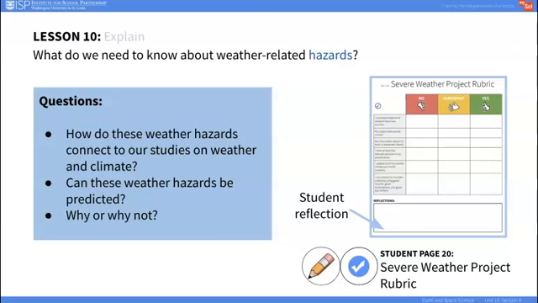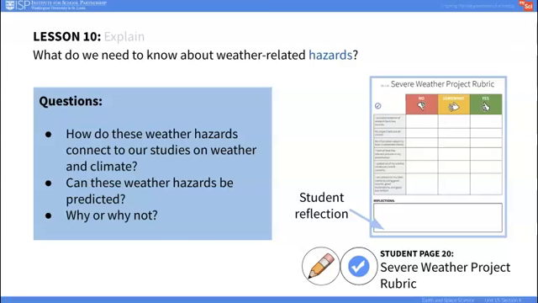In the Explain portion of this lesson, students will share their work by presenting to the class, engaging in a gallery walk, or reading their papers in small groups. Once students have completed their presentations, they will discuss how weather hazards are related to weather and climate, and how weather can be predicted. Students should recognize that weather tools can be used to create reports that help warn communities